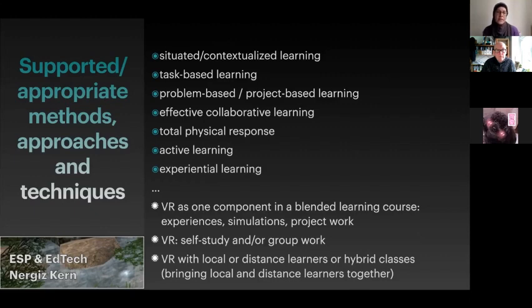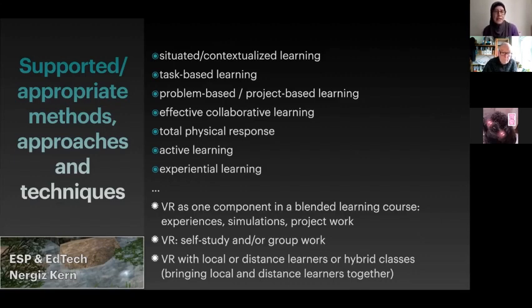I believe that VR is great as one component in a blended learning course. You could have a whole course in VR, but I believe it works very well in a blended learning course where the experience part, the collaboration, the project work, simulations take place in VR.